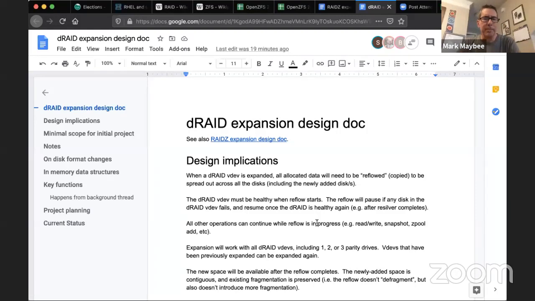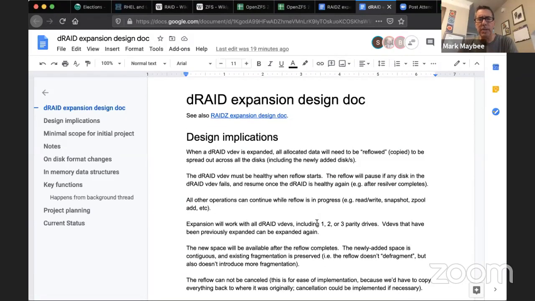So the big issues that we were really discussing was the relationship between RAID-Z expansion and D-RAID expansion. In RAID-Z expansion, you're really operating at rows of a group at a time. With D-RAID expansion, you're operating across entire sets of groups at a time because of the way D-RAID is laid out. This changes things a bit and actually simplifies parts of it, because now you don't worry about dealing with partial groups or anything like that.